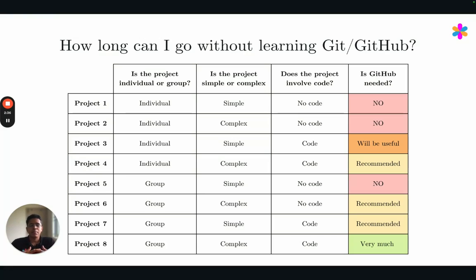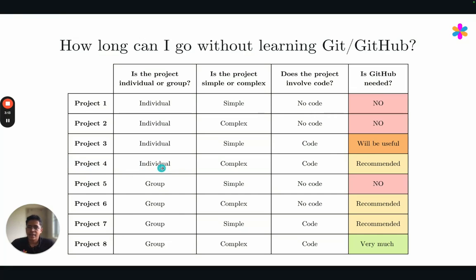But imagine in many other cases when you are writing pieces of code and copy pasting it within a folder saying version 1, version 2, final version, final version. Of course, we all have done this. If you are doing this and maybe after 2 years you come back to this project, you would like to use the code, but you have no idea which one is the latest one. What are the issues of these codes? The code which you wrote a while ago, you don't know what is the case. So this is why I think even for simple individual projects that involve coding, GitHub will be useful.